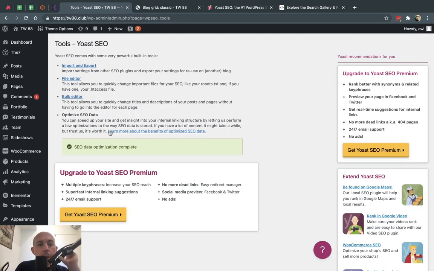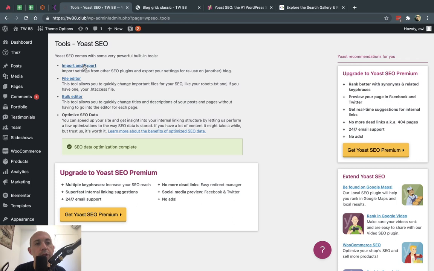Okay. So now that we have everything set up, one more thing about tools. You can also optimize the SEO data, which I recommend doing. What this means is, because Yoast is a plugin on top of WordPress, the amount of information that is created when you load a page is a little bit more. There's more SEO data. So in order to speed that up, you're going to have a button here which you want to click, and you'll wait about a minute, and it'll optimize the data. So when the page loads, it won't be slower than it was before, or it would be at least not noticeable, because there's more information that Yoast is bringing from its own database. So it's a way to optimize the speed. So you want to do this.